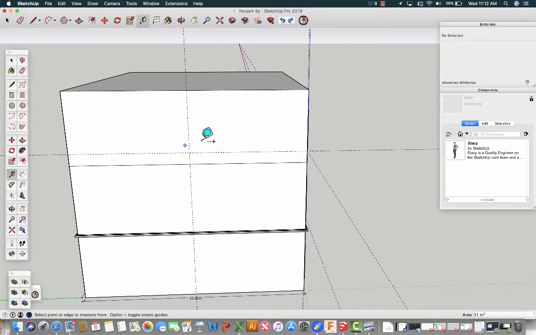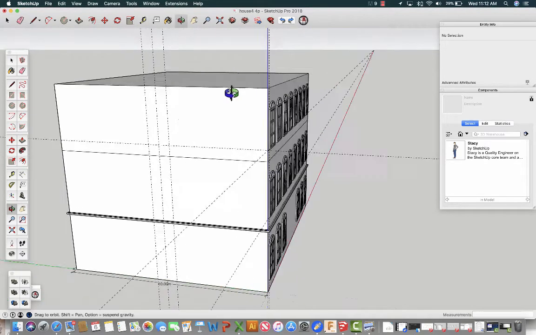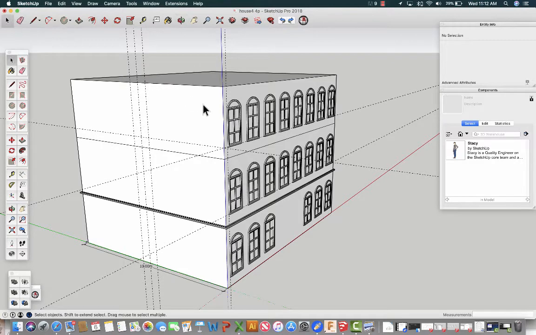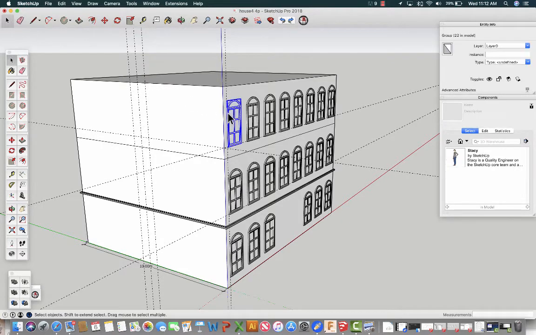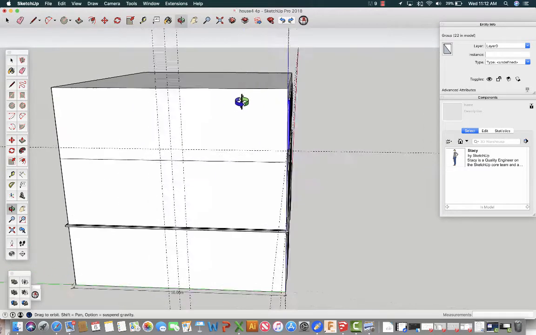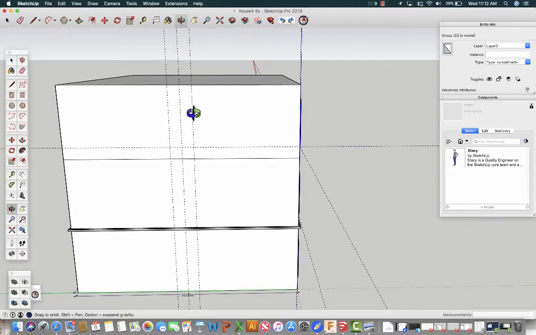Now that would be where the center of the window would be, but just to be precise, the window is 1 meter wide, so I have to make another guideline that is 50 centimeters on each side. So that's exactly where I would like my window to sit. So now I can go back. Since these are groups, I can just grab this window and Control C for copy, or go edit, copy,